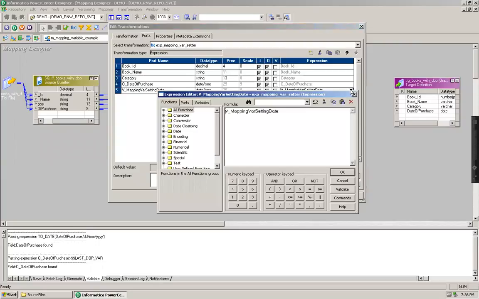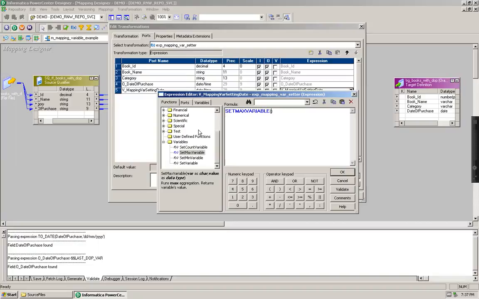For that, there is a function available here. In functions, when you go and see this variable, these are the predefined variable functions already available for a mapping variable. So I'm going to use this particular function called SetMaxVariable. It runs the max aggregation and returns the variable's value based on the maximum aggregation. I'm selecting this. It needs the variable name as character and the value as the data type of the variable.